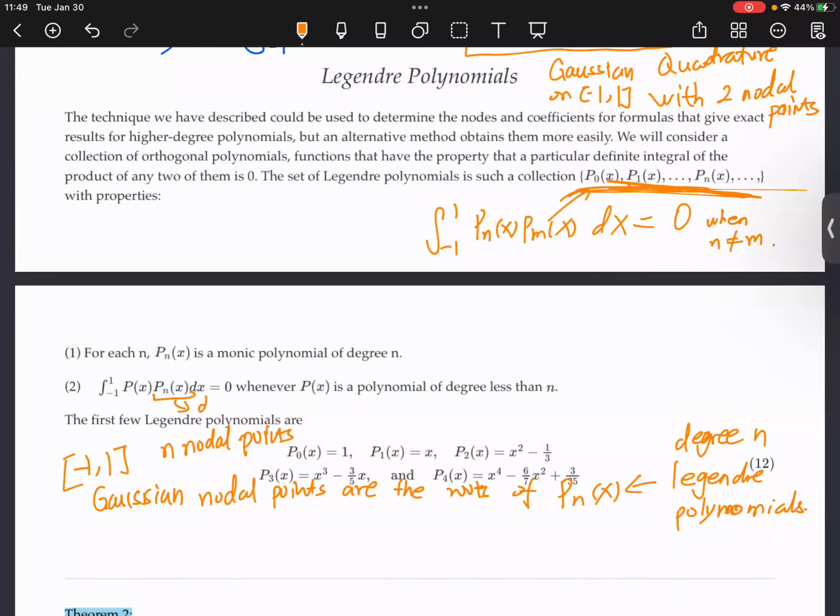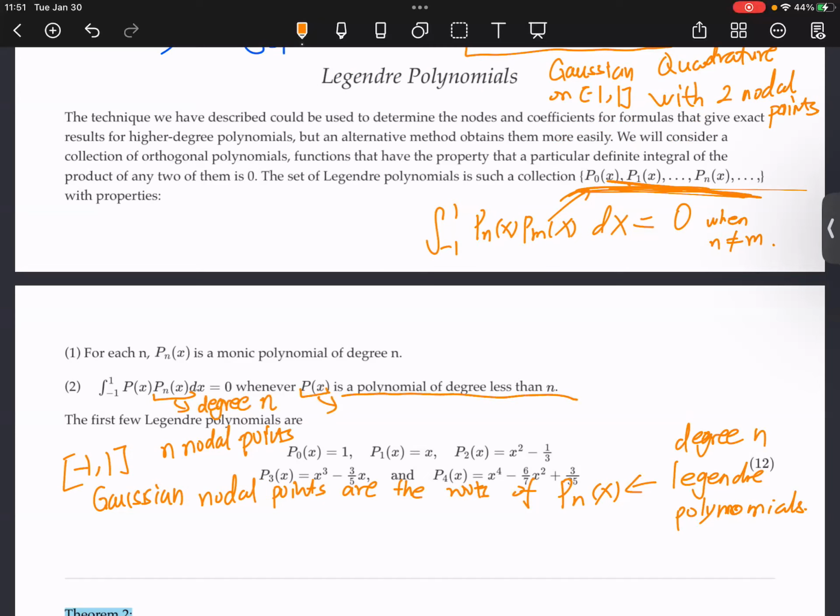This is the Legendre polynomial with degree n, and then P(x) is a polynomial of degree less than n. And the Legendre polynomials are also a set of basis functions,